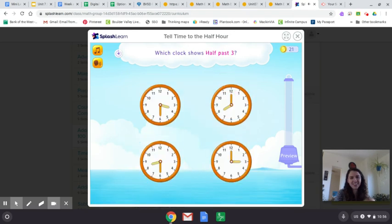Which clock shows half past 3, so 3:30? Let's take a look at the first one. It looks like it's pointing between the 3 and the 4, and then it's pointing at the 6. The next one looks like the short hand is pointing at the 8, and the long hand is at the 12,